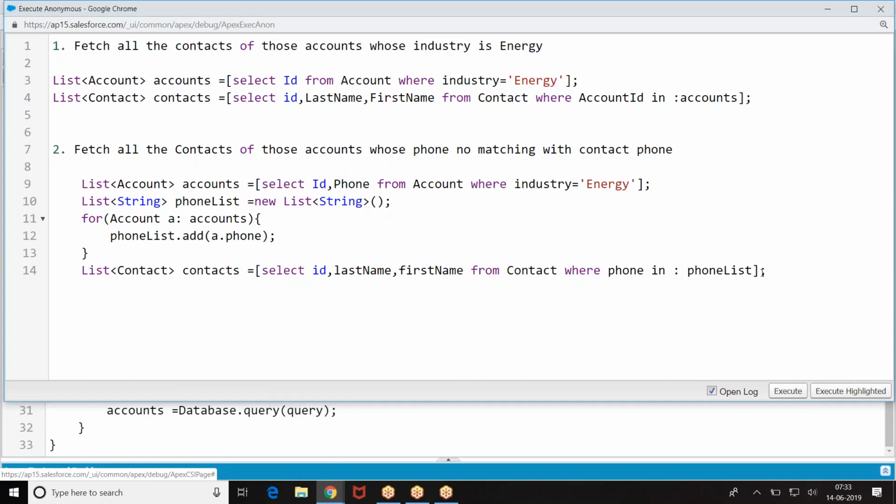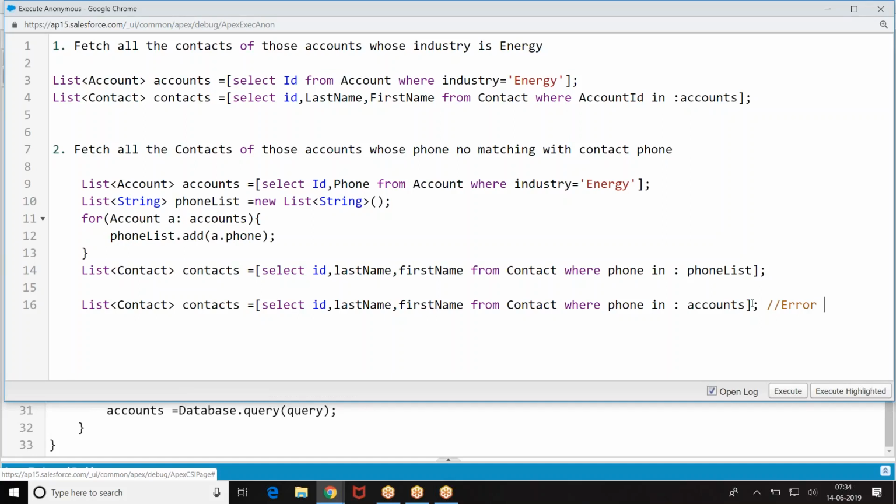If you want to compare with a particular field, take the values of the field, put them in a list, and compare with that list. This query I cannot write like this.